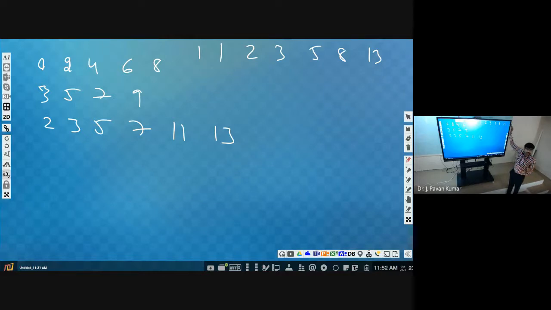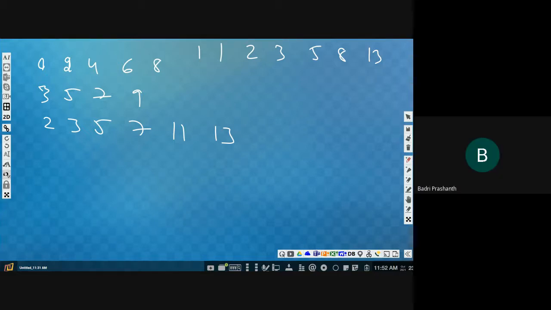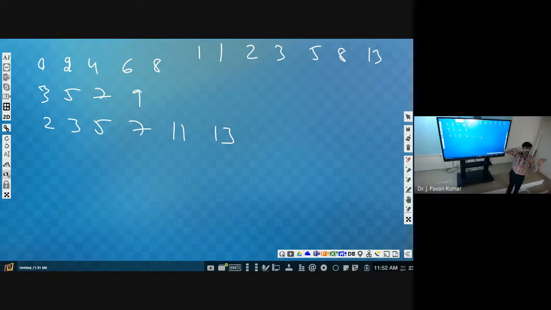17, 21, 21. Any other answers? 21. 15. Any number can come. Okay, whatever comes, that is the number. Okay, 21. What's the logic? How were we able to get 21?